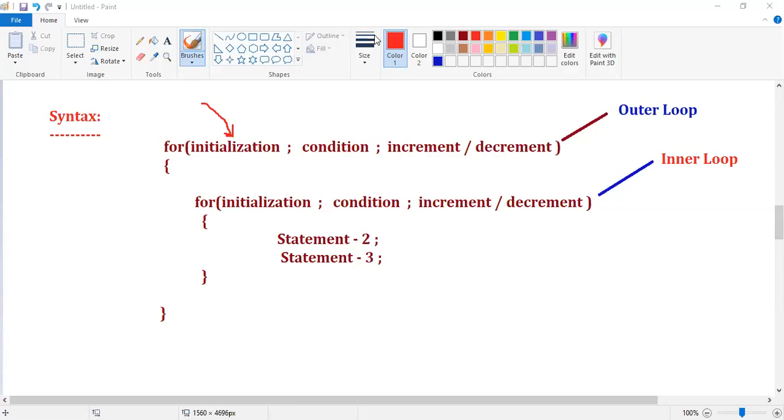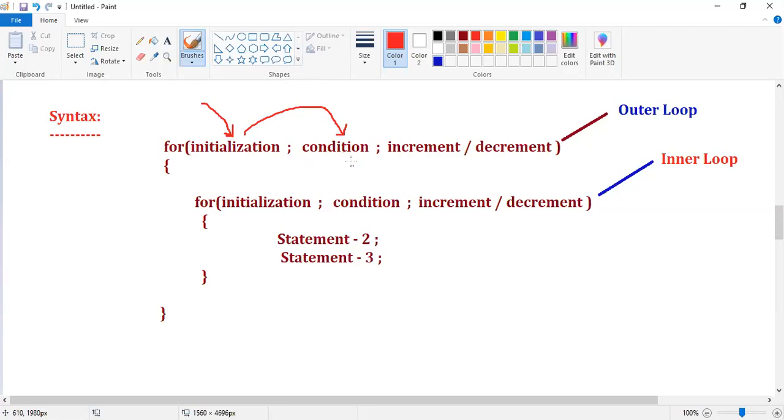Control comes to condition. From here, control comes to condition. It checks the condition.